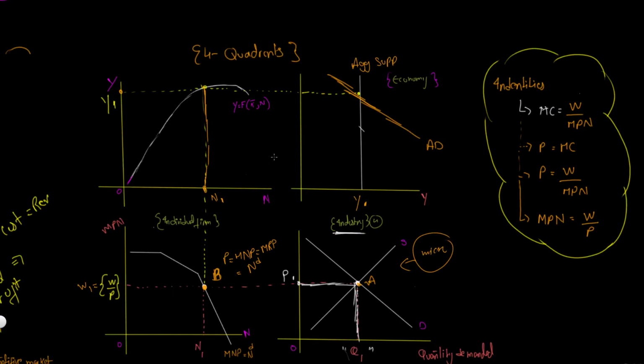There is one specific curve that I intentionally skipped, that is the supply for labor, which might look something like that. This is the supply for labor. This is something that I will cover in the next video. I do not want to include it in this video because it might just make it a little bit too complicated. So hopefully you guys understood this 4-quadrant diagram, which helps us connect all the microeconomic concepts into a macroeconomic